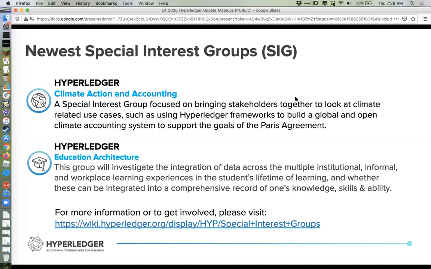So on this slide, there are a number, I think there's about 47 special interest groups, but this slide just talks about the newest ones. Okay, so if you look at the slide, you will see the Climate Action and Accounting SIG, the special interest group, and the Education Architecture special interest group. Like David mentioned at the beginning, for those of us that are not